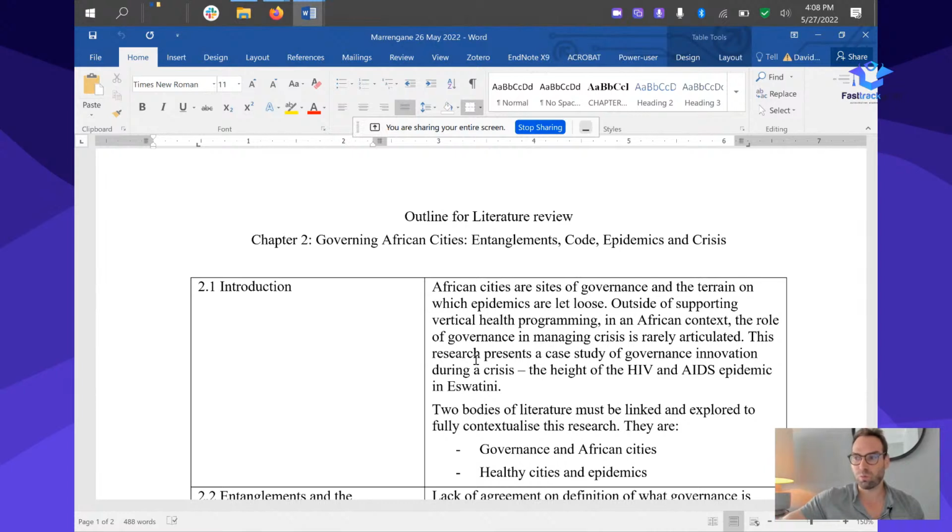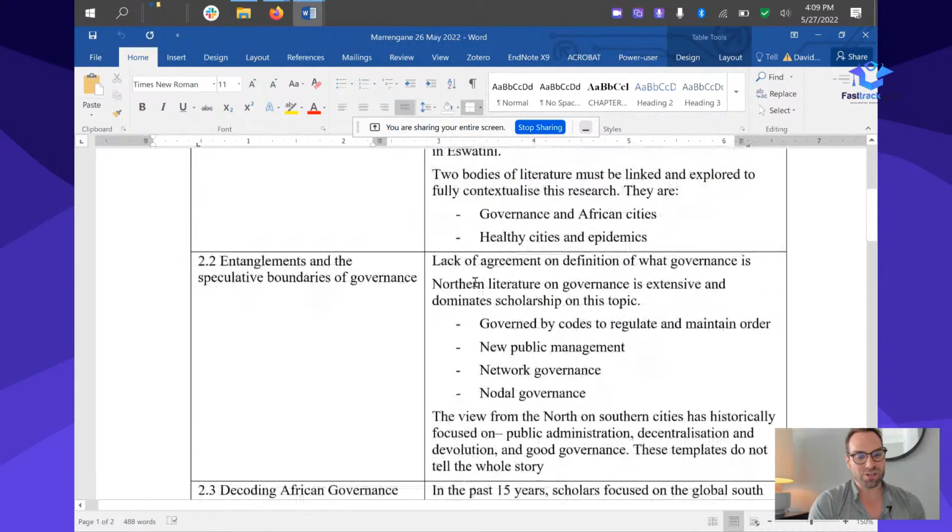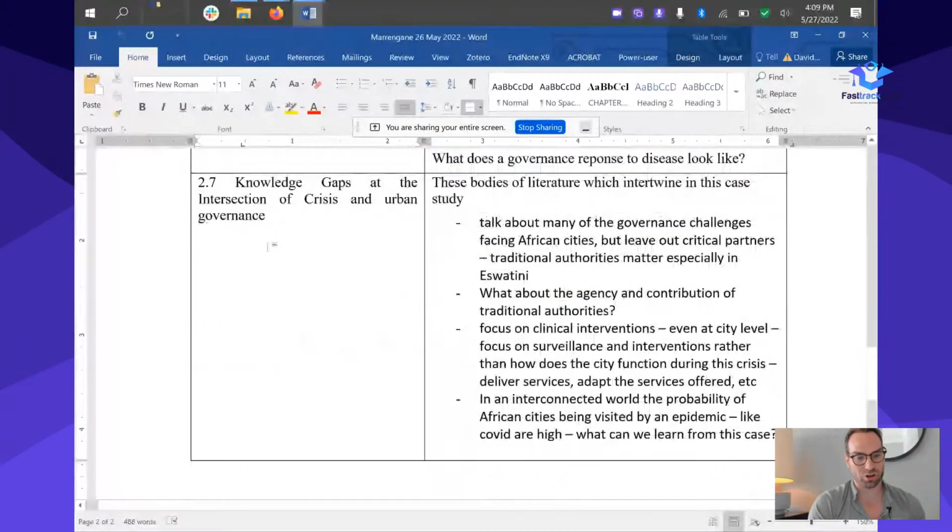That's wherever I start, the reader's getting in the car with me, I need to drive to that point. And that's going to be getting to the gap and what my research is going to do next to get to the next chapter of my thesis. And I can see that you've done this in literature review. You're trying to get to these knowledge gaps,